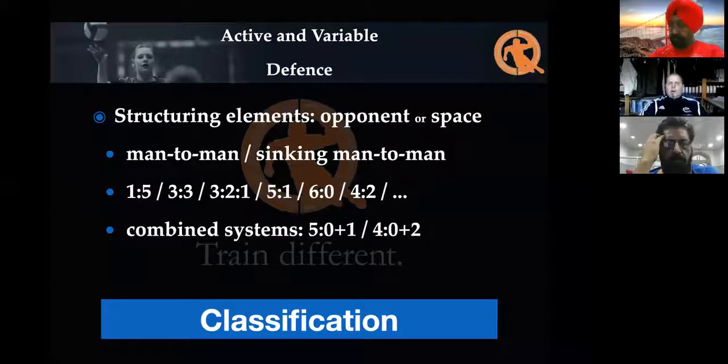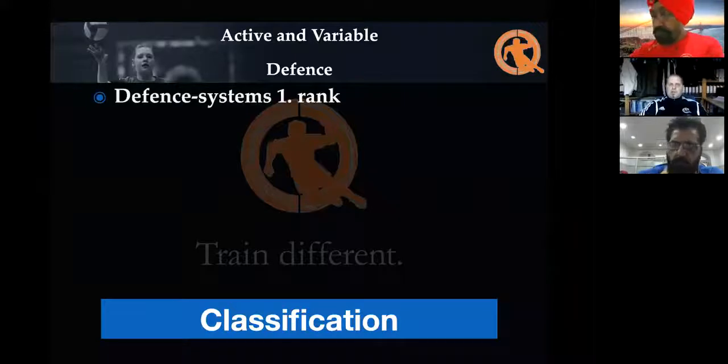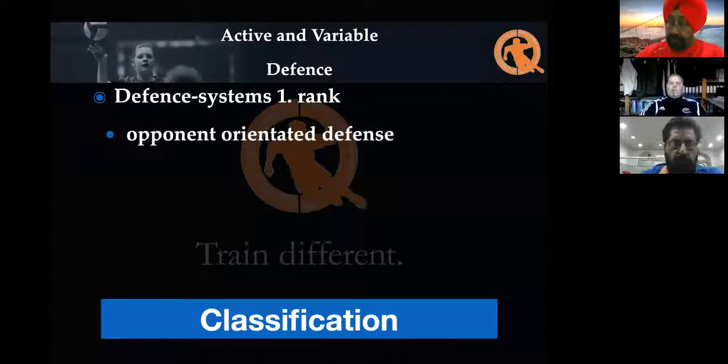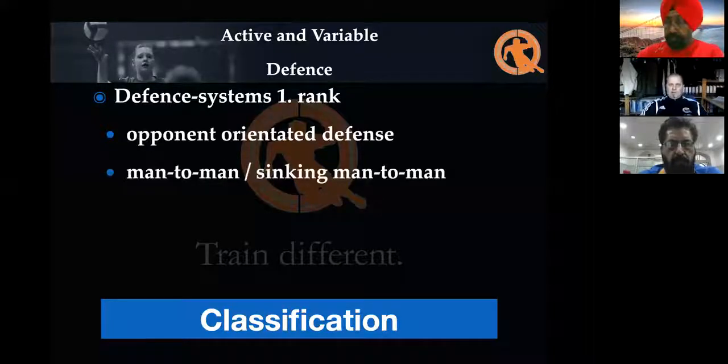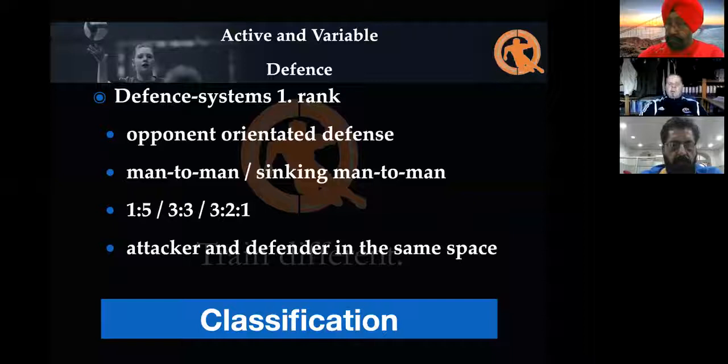Now, I want to introduce a different ranking or a different classification of defense systems to you, starting with defense systems' first rank. In defense systems' first rank, we have opponent-orientated defense, like man-to-man, sinking man-to-man, but we have zone defense systems like 1-5, 3-3, and 3-2-1. And the one aspect which is common for those 2 types of defense is that attacker and defender are always working in the same space, in the same